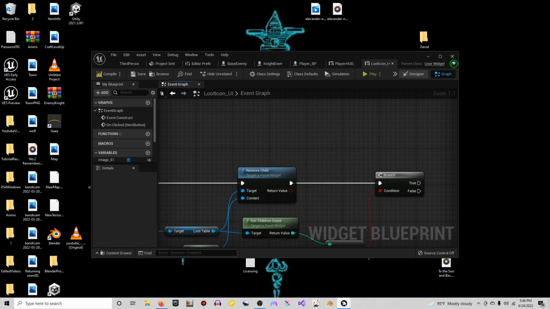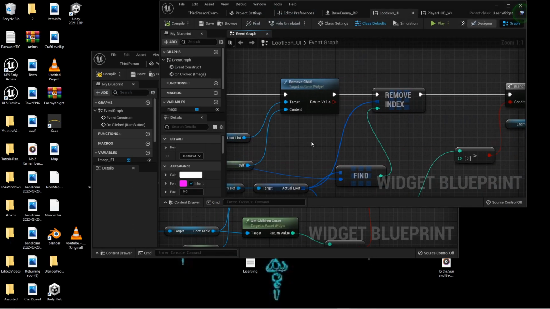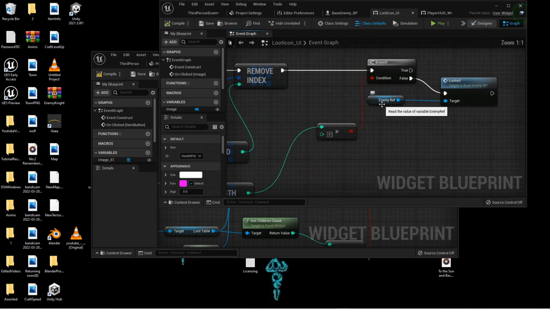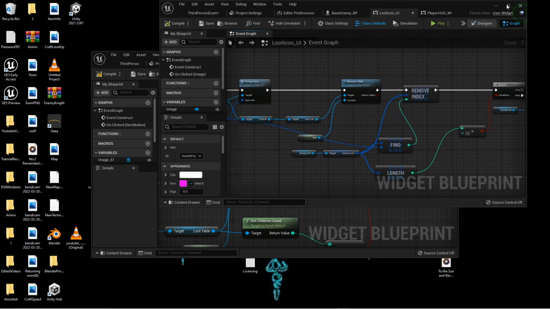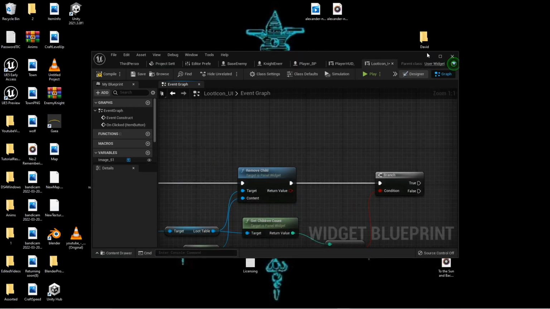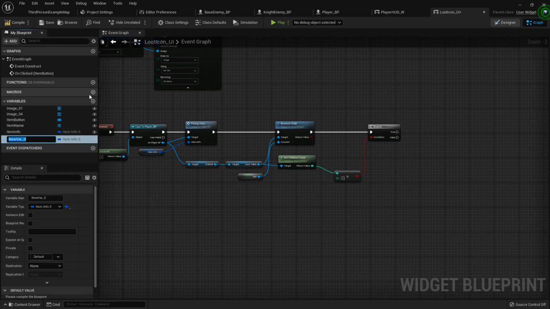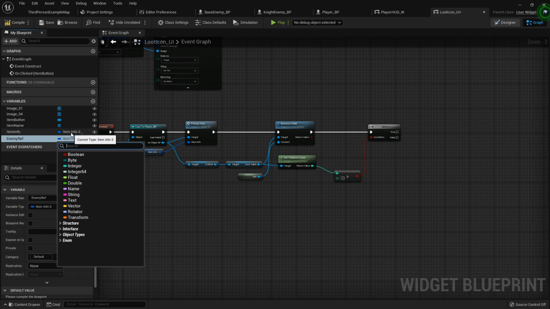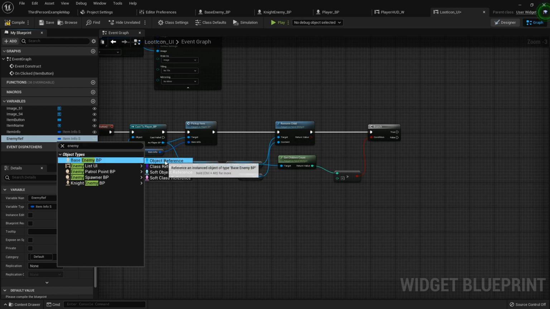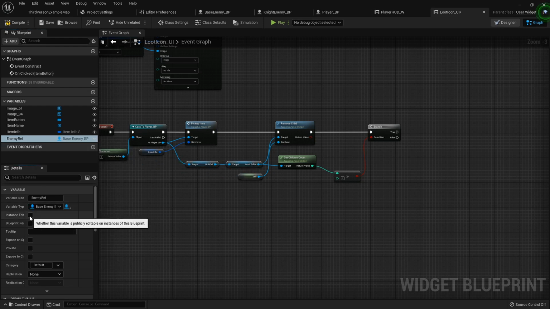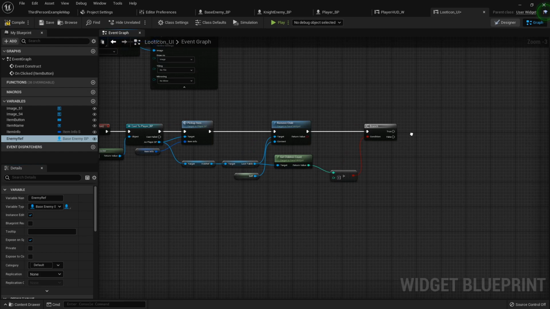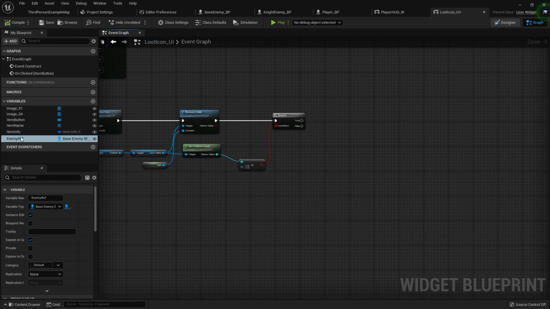And back to my other notes real quick. Ah, we need an enemy reference. Okay. So here in our copy, what we need over here is also an enemy reference. So we'll add a new variable. It'll be a call to our base enemy blueprint class, object reference, instance editable, expose on spawn. Because I'm going to drag this out, and if